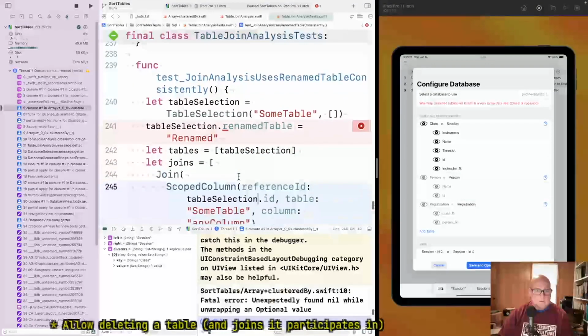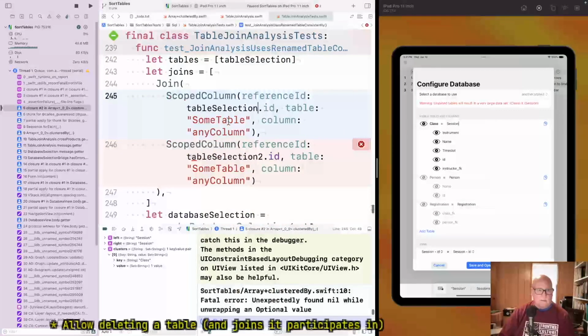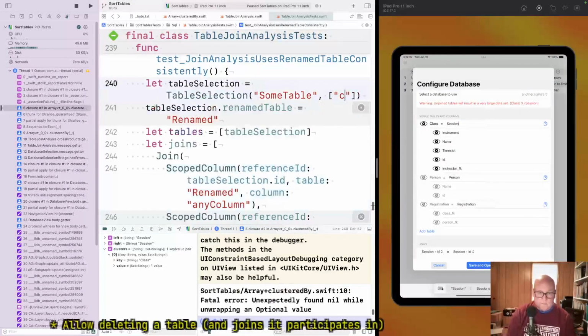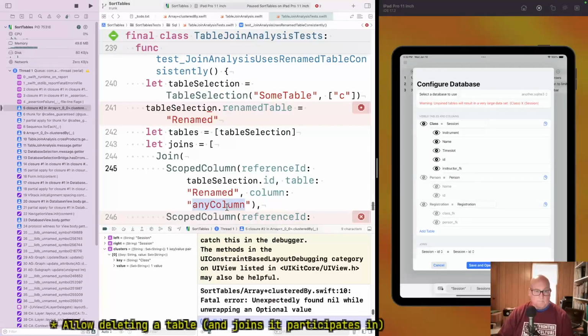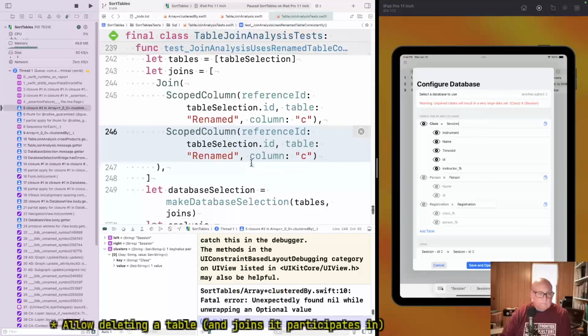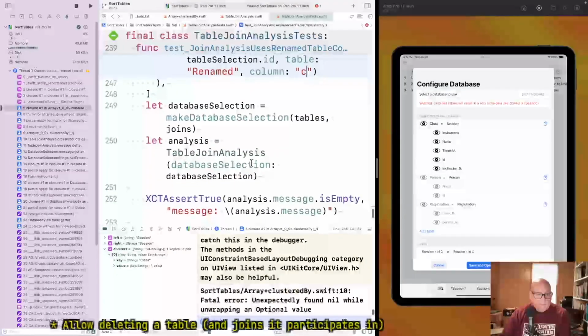The table is some table renamed. Oh, I guess we will need a column. And then we'll reference the same one. Okay, and then